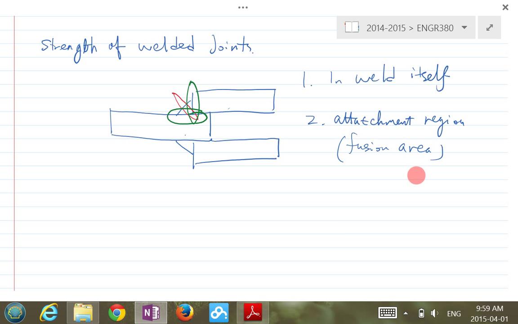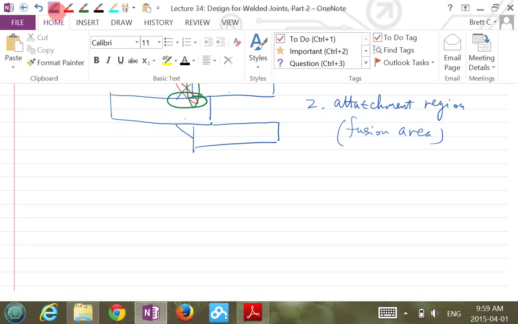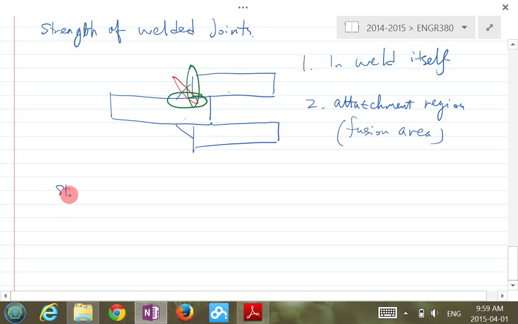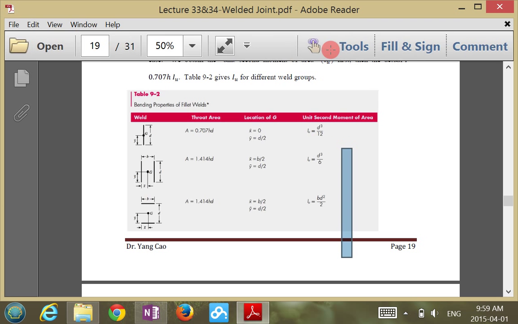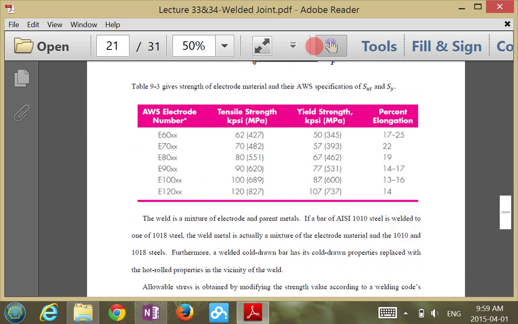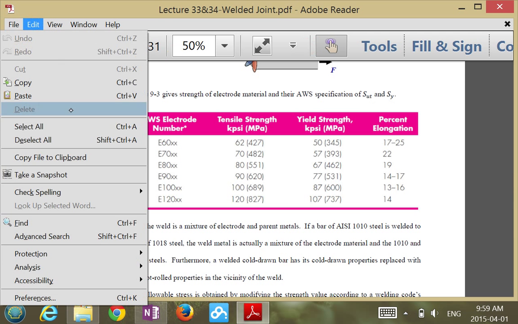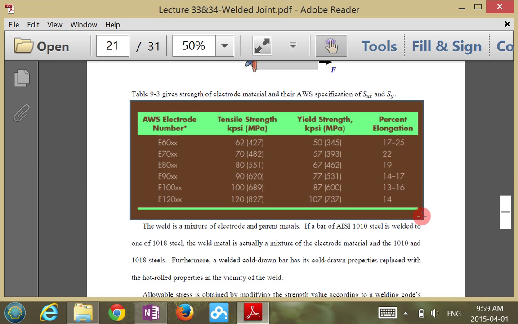But first of all, what we need to know is we need to look at this. What's the strength for the electrode? We need to look at the strength of the electrode first, and then we'll identify the strength of the base material, and that's easy because you know that. Then you can look at the table here. So for the strength of the electrode, you need to look at table 9-3. So I'll just show you what the 9-3 is. It's this table here. For this table, it's pretty easy to read. It always starts with